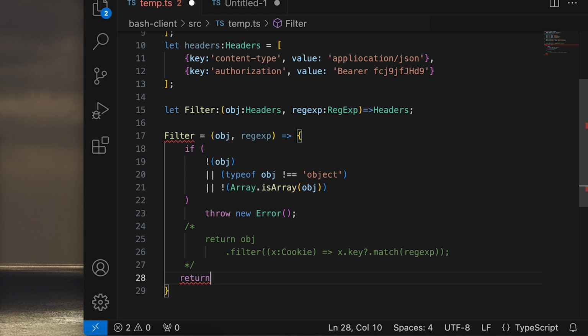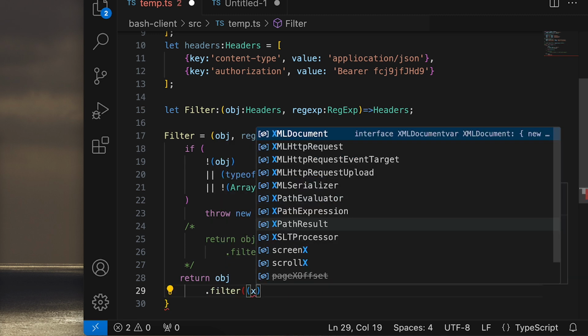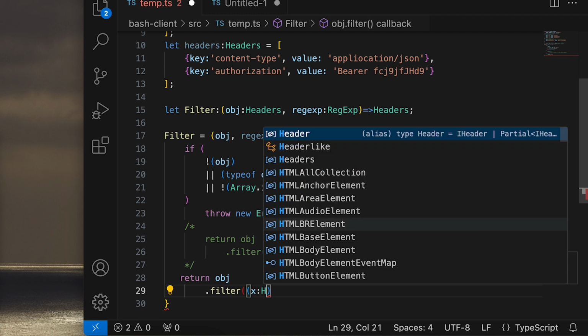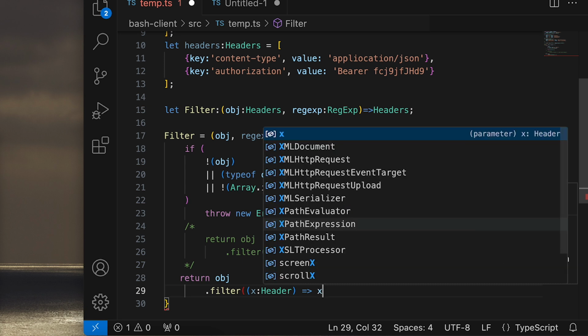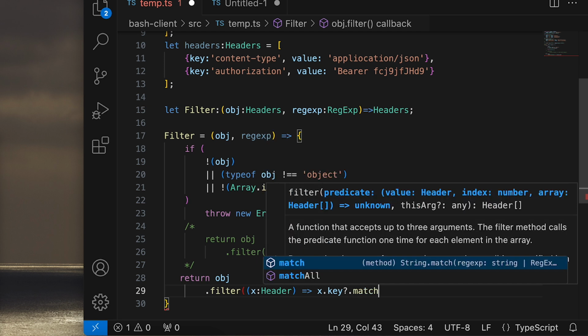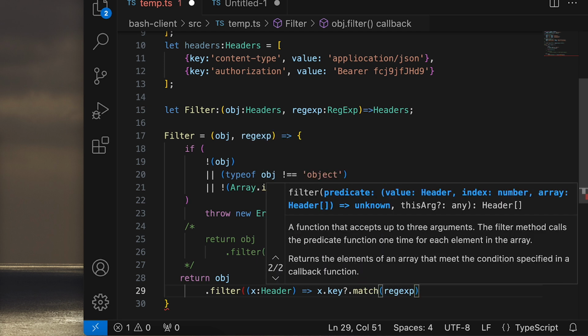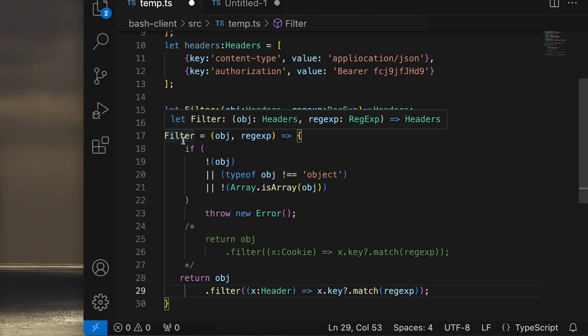So return obj, and we will filter, and then we'll get an x, which will be a single header, and we want to check if x.key matches our regex like this, and then there is no error, and we will return the headers. Okay, so far it's quite easy to make this work,